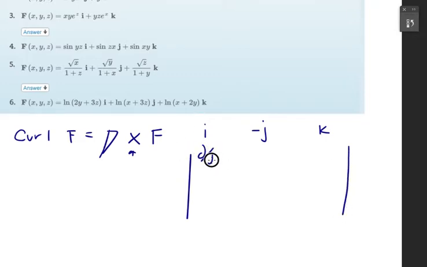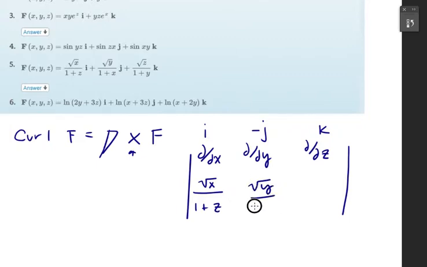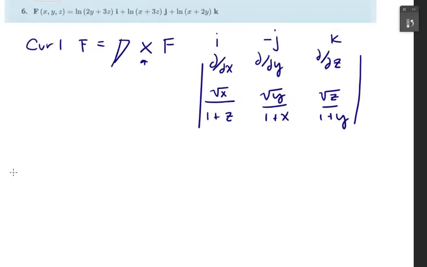add in our partial derivatives with respect to x here, respect to y, respect to z. And from here we will put in our I component, and then our J, and then our K. Make sure this is all correct. Okay, and so now we can actually get everything in order. And so for I, we ignore this first column. We're just looking at